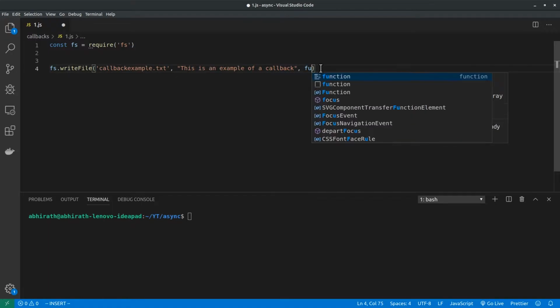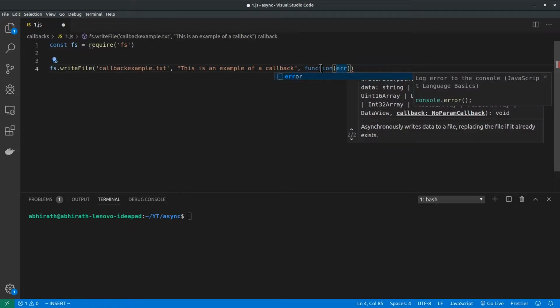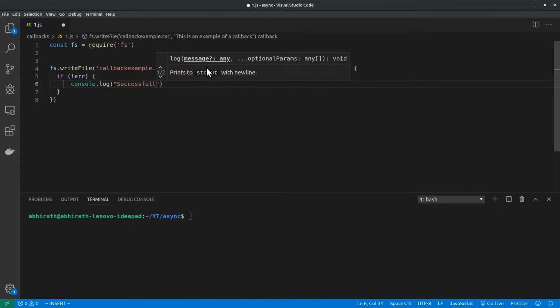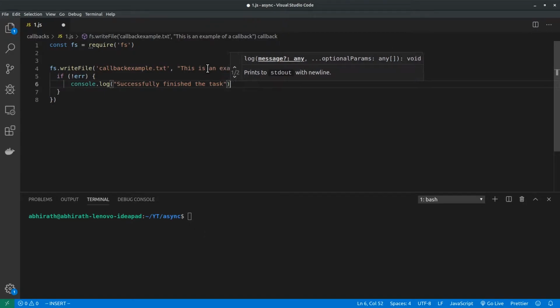So I pass in a function with error. This particular function gives one parameter, whether there was an error or not. We outsource the task. If the task was successfully completed, there would be no error. So if no error, console.log successfully finished the task.